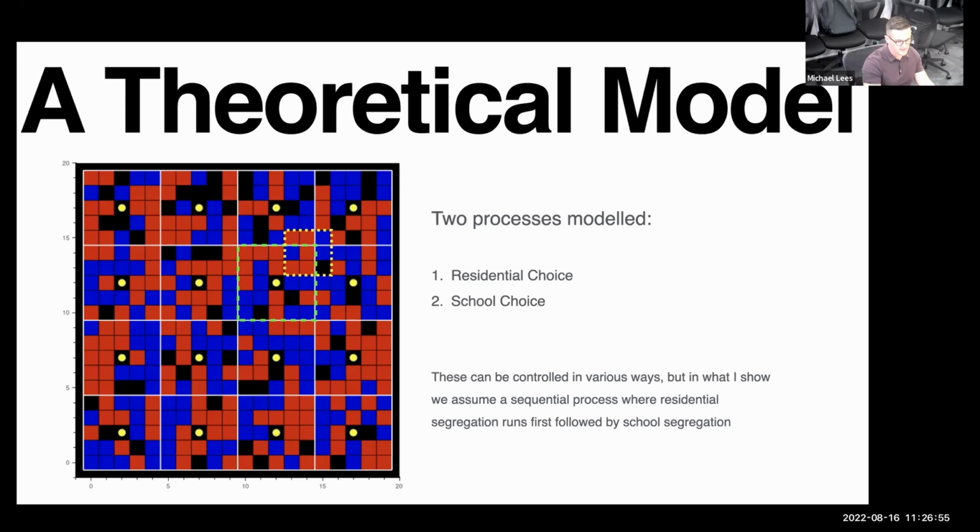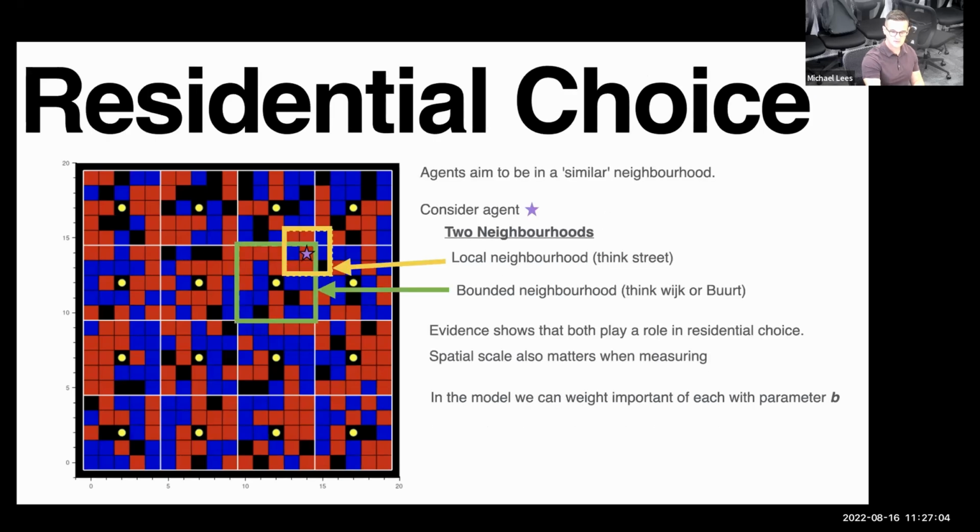The only other thing that I want to mention that's important is we have these green and yellow boxes. And we define these as 2 neighborhoods. Now, this doesn't really apply, I think, in Singapore, but in the Netherlands and the UK, it does. So you can think about your neighborhood in 2 ways. One is your immediate neighborhood, your street. So in some cases, people are really going to streets and counting the number of headscarves or the number of non-white people and deciding if they want to live there, right? So that's really what you see day to day.